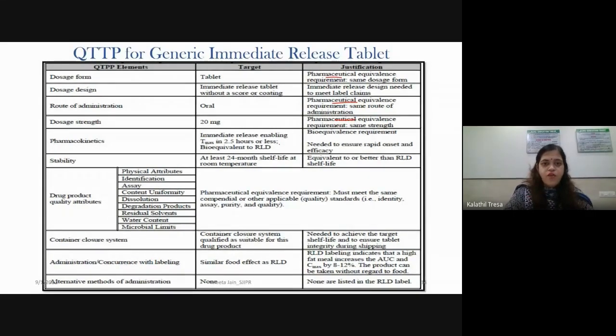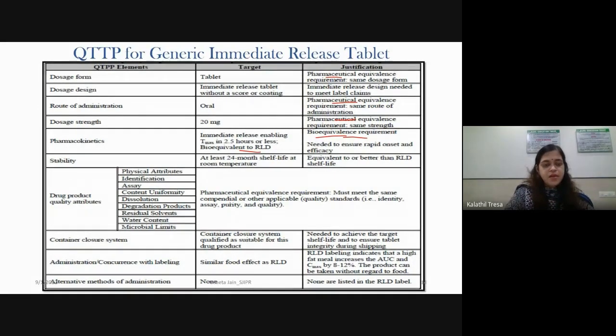Okay, and pharmacokinetics, you have to prove that it is bioequivalent to your innovator formulation, which is also called the reference listed drug. And stability, same, at least 24 months shelf life at room temperature, equivalent to or better than your reference listed drug.